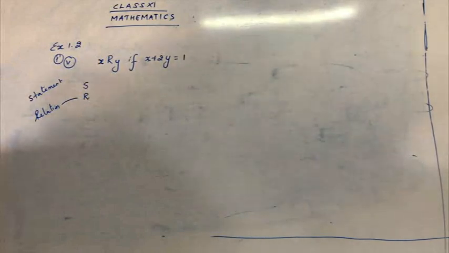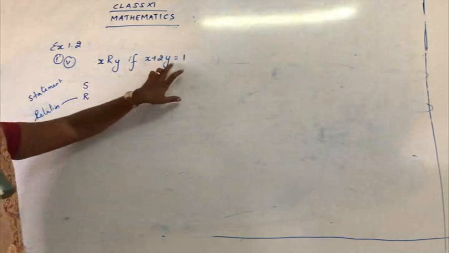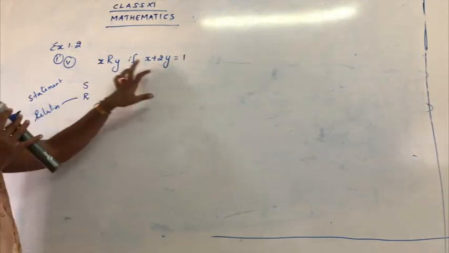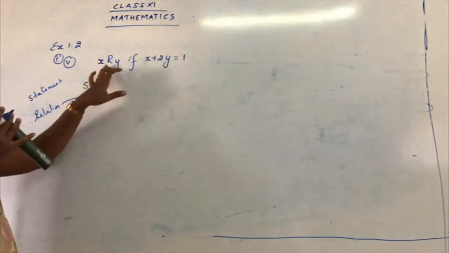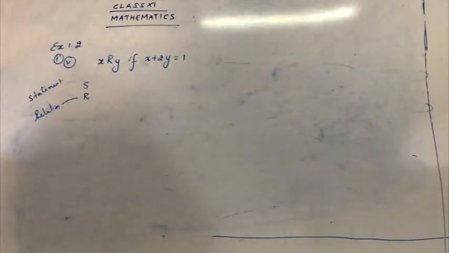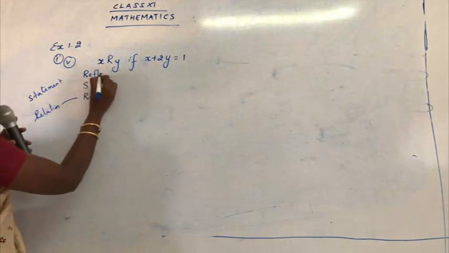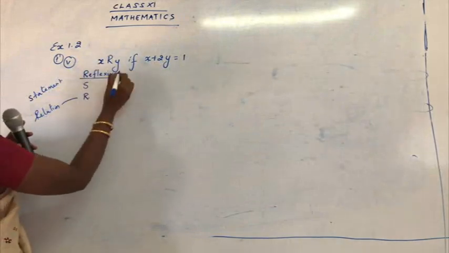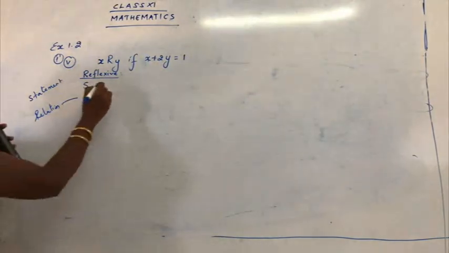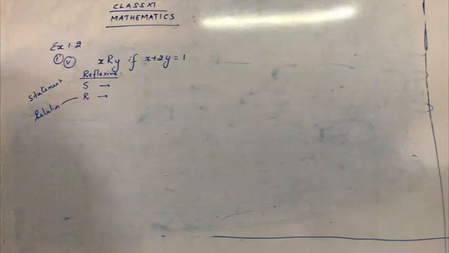Let's go for the statement, children, here. The statement is x plus 2y is equal to 1. And what is the relation? X related to y. But when we go for reflexivity, I have told you that we have to take the same. If I am taking x, I should take x related to x. So now what you are going to do here? Just give the heading as reflexive. Under reflexive, we have two rules, one for statement and one for relation. Let's see how to write the statement.